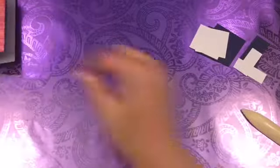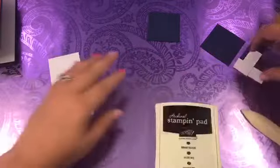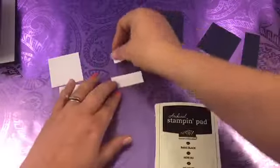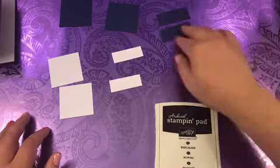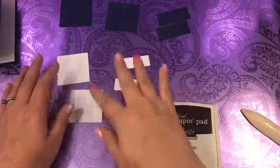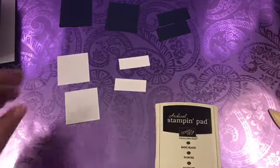Okay, so now we're going to do some stamping. We're going to need basic black first. I'm going to stamp a couple different things with basic black. So you should have 2 square pieces of Night of Navy and 2 rectangle pieces of Night of Navy, as well as your Whisper Whites that are squares and rectangles. Okay, so we're going to start,